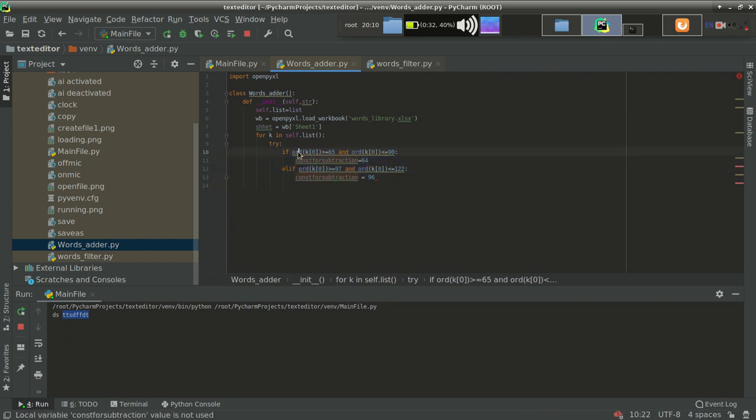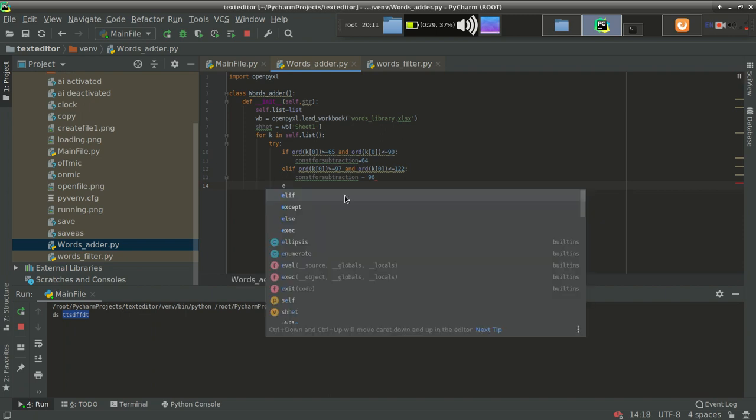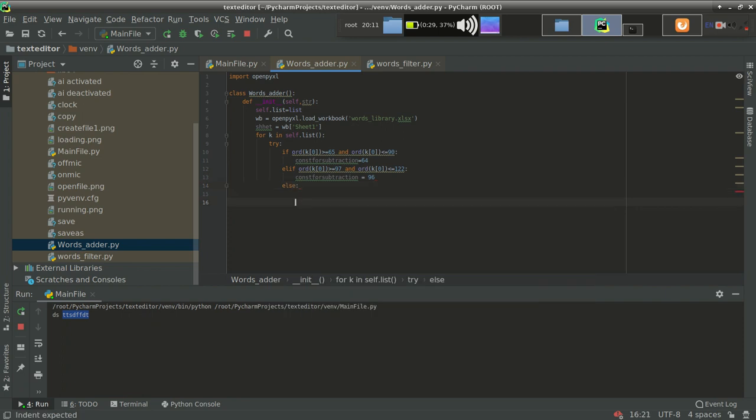Capital letter, small letter. But suppose that it does not contain any word, it contains a number, but I don't want to add that number in the two-word register, because it can produce ambiguous data, or it can also fill our Excel file very fast, very easily. So I don't want to add that. So in the else condition, if I get any number, then I'm making const equal to -1. Actually const for subtraction is going to play a very important role for adding the words into the file. Let's see how.